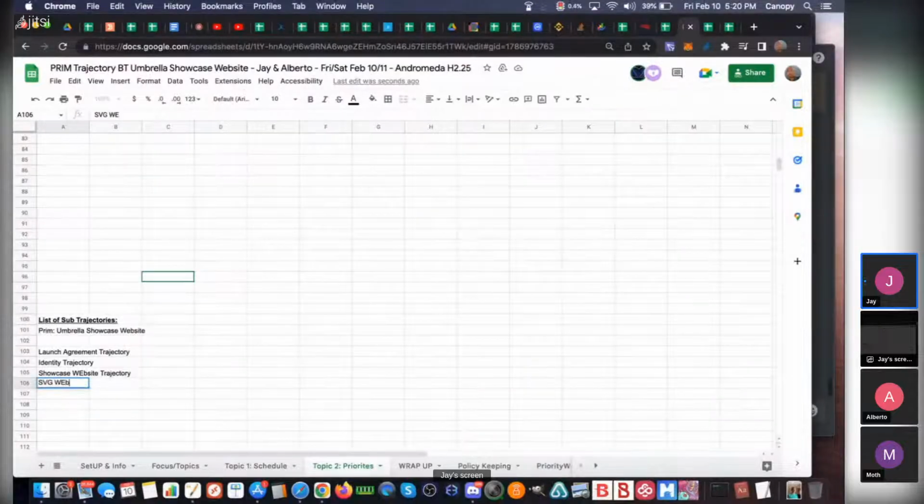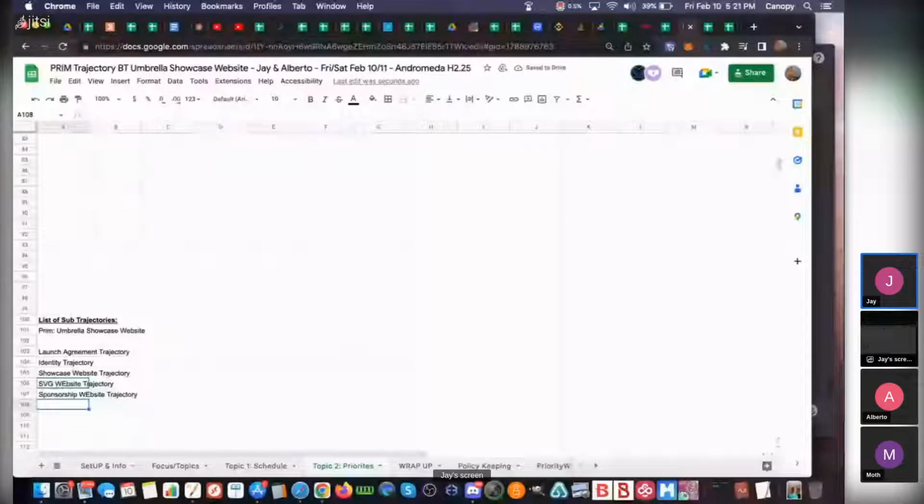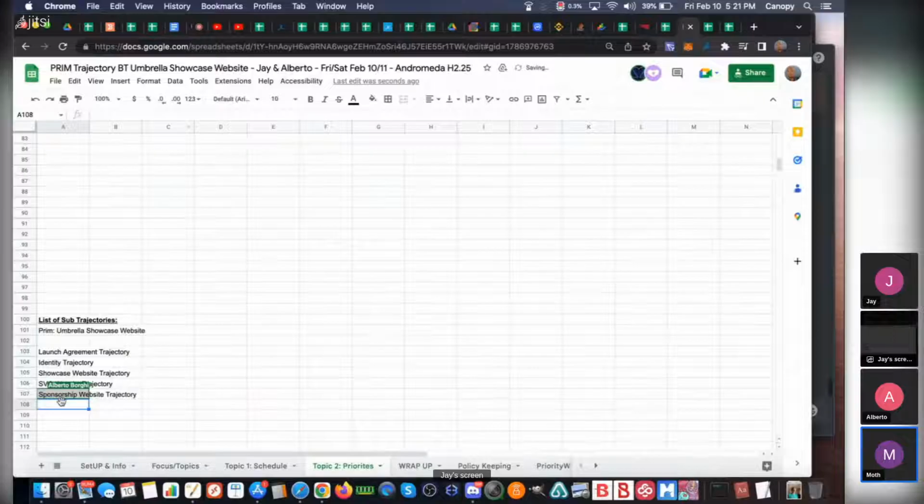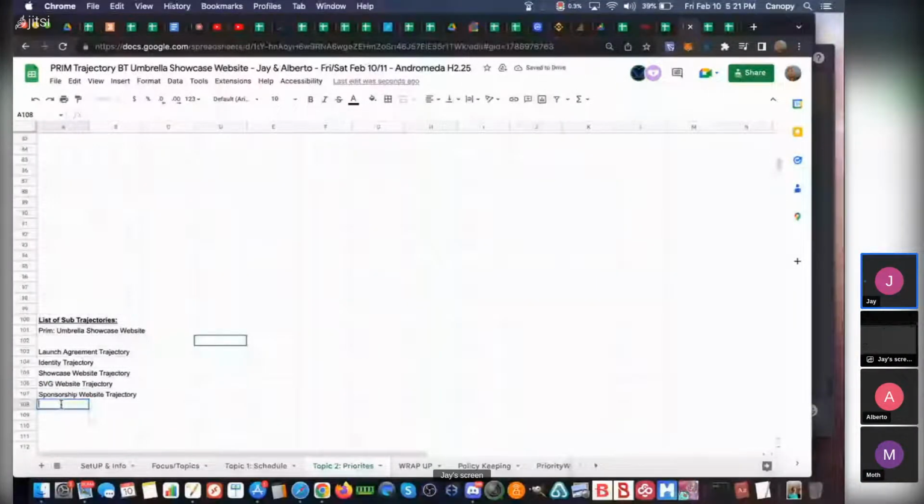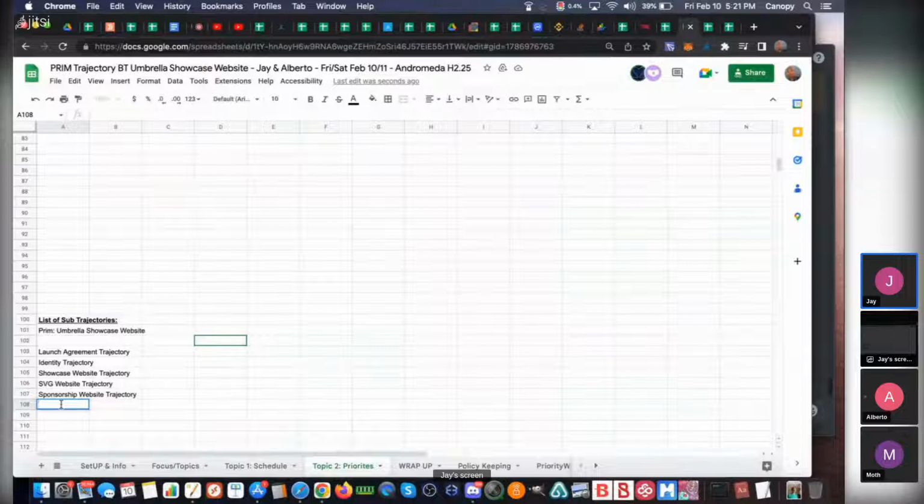So the FPG website would be its own sub-trajectory, and you have the sponsorship website. CCC would be under sponsorship. We don't need to showcase every single legal entity on this website.